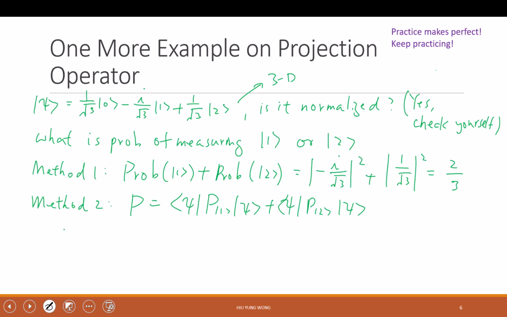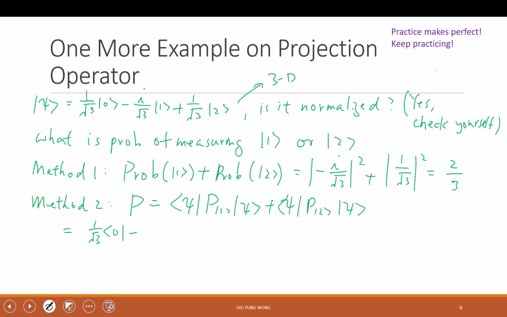So let's play with this. What is psi bra? Can someone tell me? I'm using bracket notation, so not like column or matrix, right? So what is psi bra? It's 1 over square root 3 bra 0, right? And then minus,